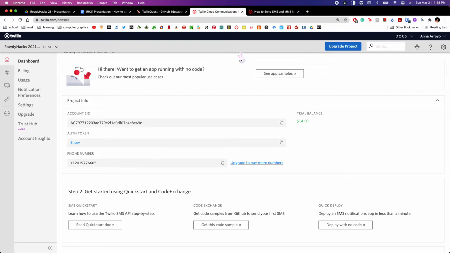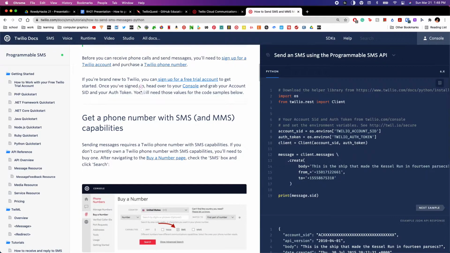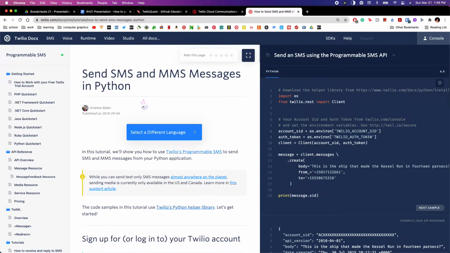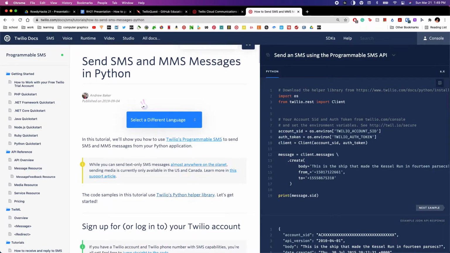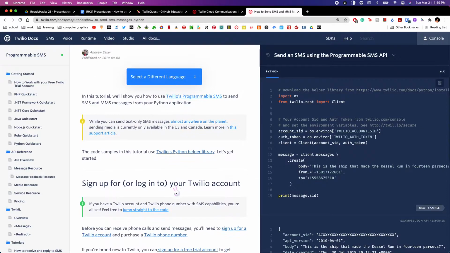Okay, so I'm going to be following along with a Twilio tutorial to help you and me get started with this process. The Twilio tutorial I'm using is this one. It's going to be send SMS and MMS messages in Python. Python's the language I'm going to be using today. If you're not really familiar with it, it would be a great intro to get you started with learning how Python works and also how Python works with an API too,